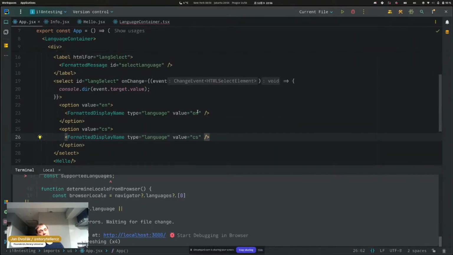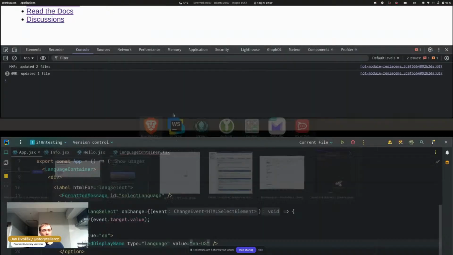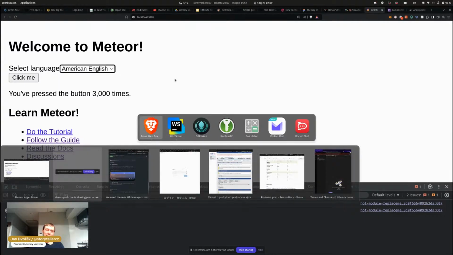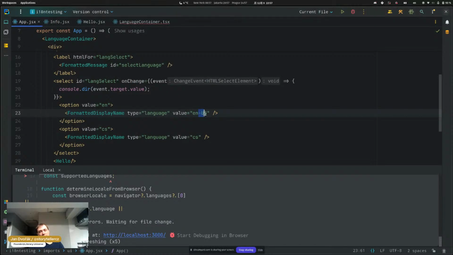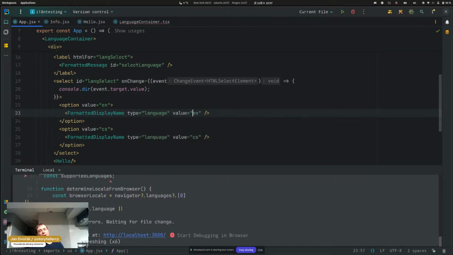You have countries, and you can probably also do en-US, I think, which you can see here is now American English. So you can very quickly get a lot of these things potentially translated already without having to worry. And there is even an option